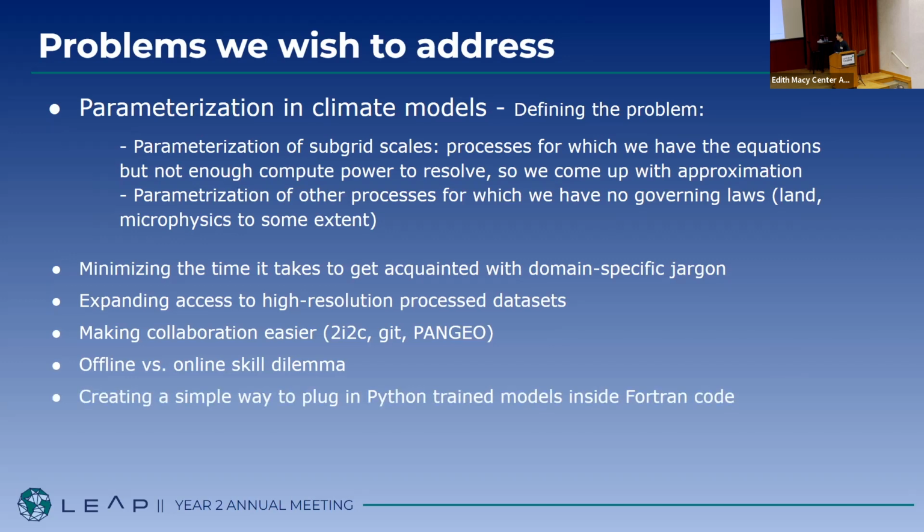On that note, to go from offline to online, typically you need to go from a Python model to something that works in Fortran, and there are ways to do this with the Fortran Keras bridge or PyTorch binding, but they have their shortcomings, and finding ways to improve them would speed things considerably. Lastly, on shared problems, we have separate focus groups. We all have similar problems, and finding ways to identify those shared problems so we aren't siloed is an important next step.